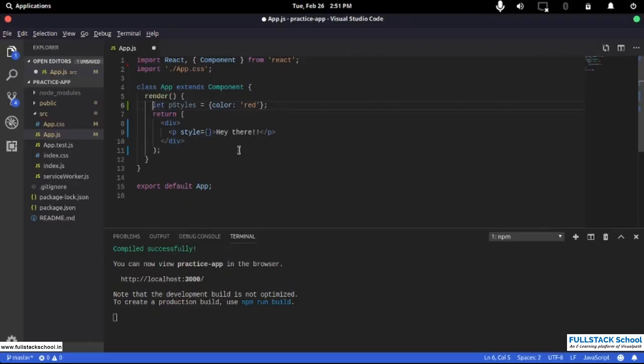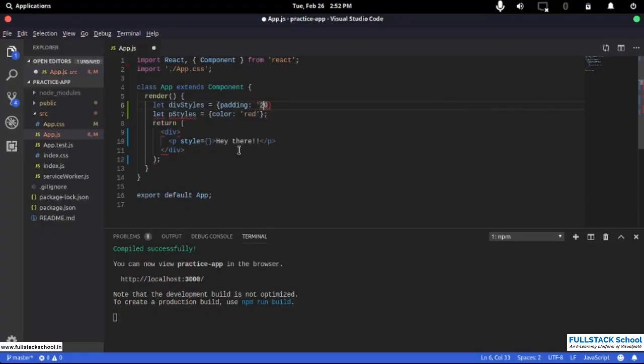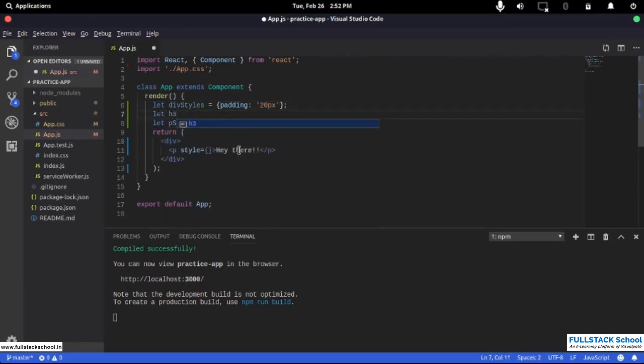Let's actually build something. Let's have let divStyles be something, and I'm going to put a padding in here, padding and 20. If I want to put this in pixels, then I want single quotes or double quotes around this, but if you just write 20, then it's fine too. Now I have a padding and I'm also going to create a heading. So for h3 style I want to do